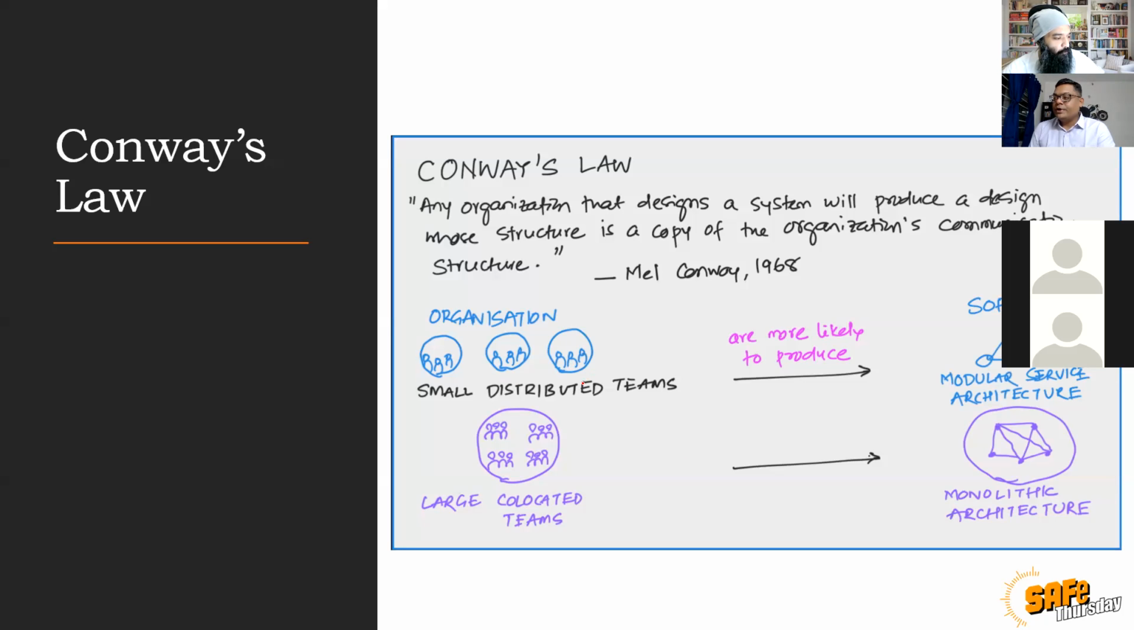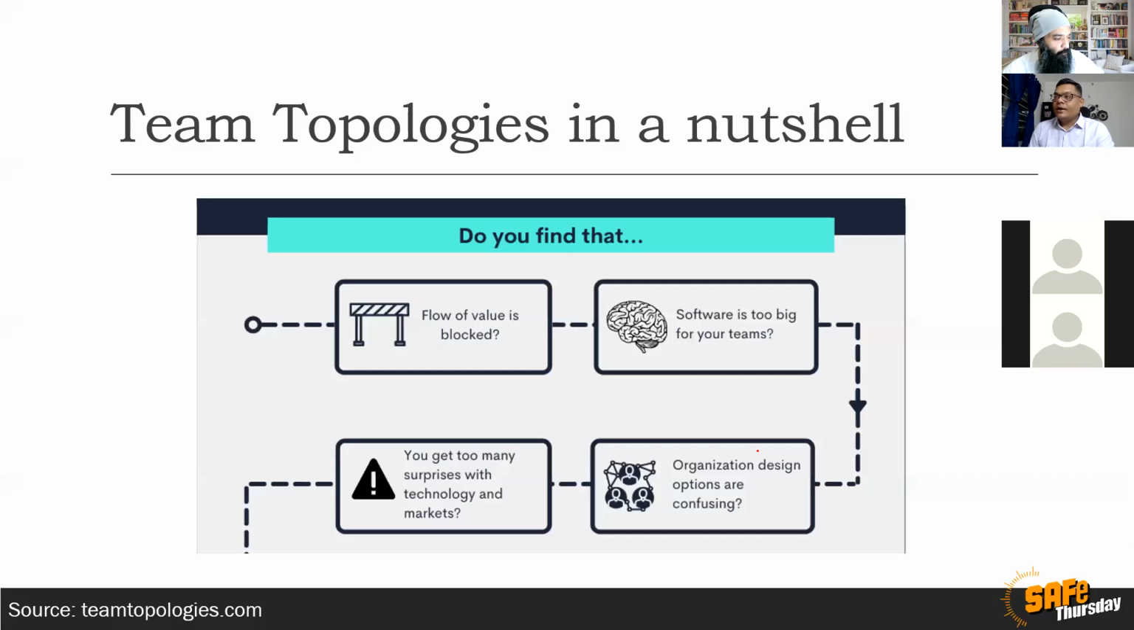So if you have small distributed teams, they are more likely to produce software with a modular service architecture. And if you have large co-located teams, they are likely to produce monolithic architecture. This was written way back in 1968, 69 by Conway. Now, what we are talking about is small agile teams, bringing them together, forming an ART, but these agile teams still need to understand the billions of lines of code a complex system will have. Right? And that is where